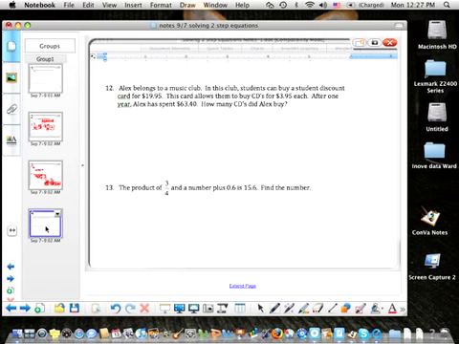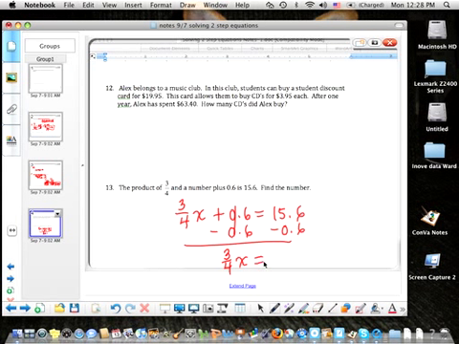So here's a worded problem, I tell you what, I'll do 13 since it's got fractions and decimals in it, and that'll be the last one we'll do. The product of 3/4 of a number, so that would be like 3/4 x, plus 0.6, is 15.6. See how easily that translates? If we subtract 0.6 from both sides, you get 3/4 x equals, well, let's see, 15.6 minus 0.6, I believe